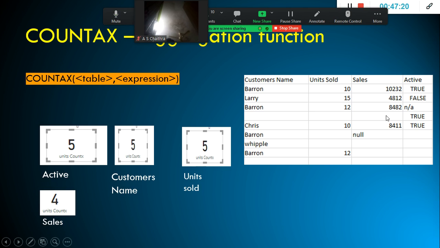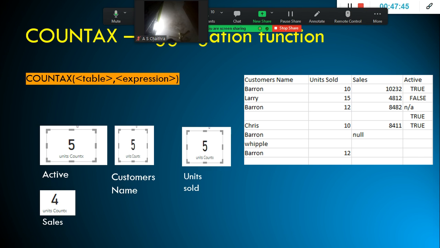That is one thing here, and probably you can test by putting null here. See, in this case 5. Units sold 5, and for sales it ignores the blank, but it considers null also here. That is one problem here. For active it's not a problem, so probably some other reason they would have left it.